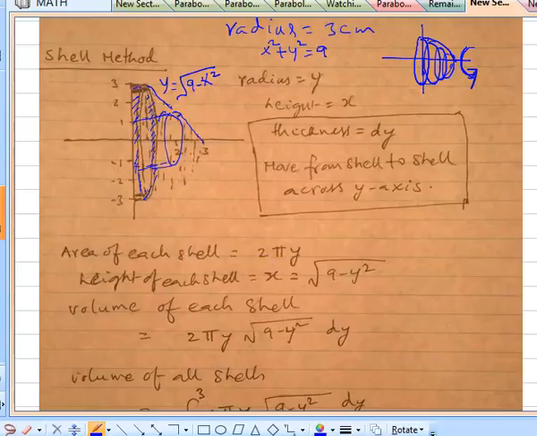So the circumference is 2 pi y, and the height, which is the same thing as x, but when expressed in terms of y, is going to be the square root of 9 minus y squared. And so the volume of each of these shells is 2 pi y times the square root of 9 minus y squared, which is the height, times dy, which is the thickness. And if I want to calculate the volume,